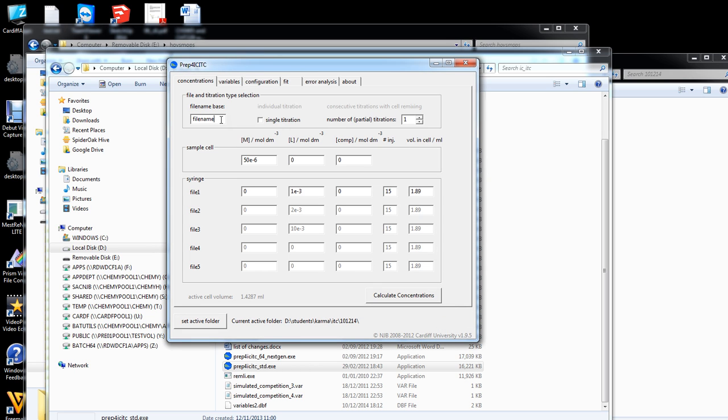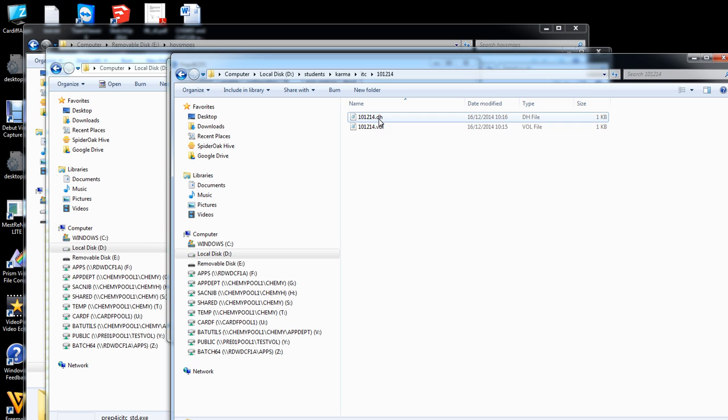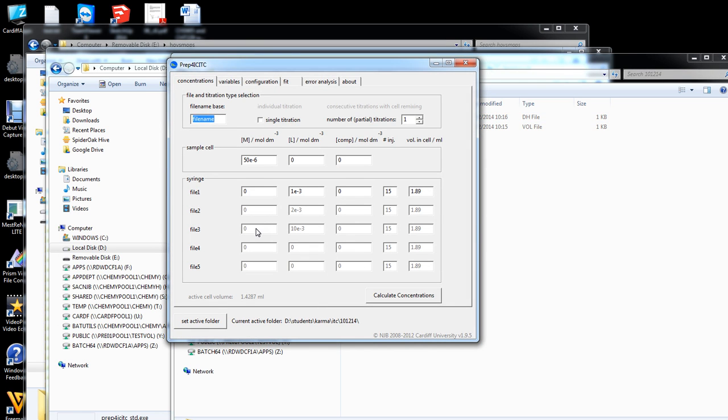So now we can start to do things. So the first thing that we need to do is to give the file name, and if we look for that, that is 10, 12, 14. So you don't have to give the extension. So 10, 12, 14. And what we need to say is that this was a single titration. It is a single titration because